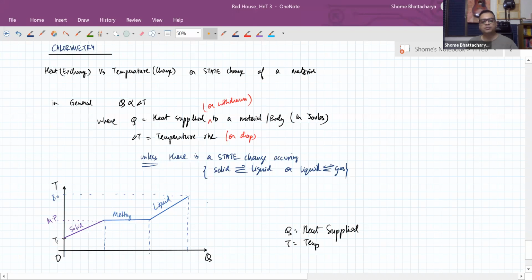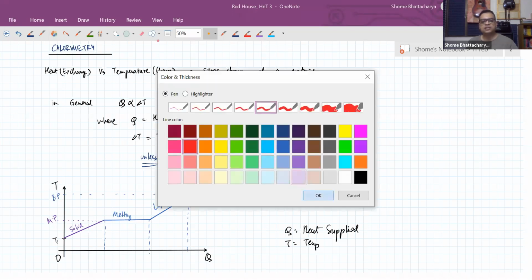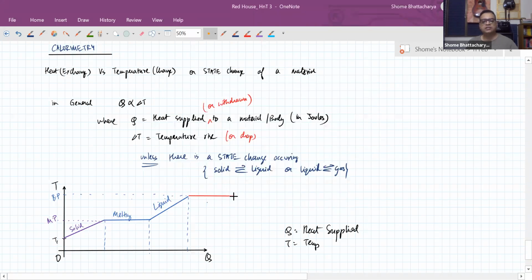Now the moment it reaches boiling point, any further heat supplied starts changing the liquid to vapor state or gaseous state. And once that process is over, again the temperature rises. So at this stage there is boiling occurring, and then the gas that we get as a result of this complete state change of the material from liquid to gaseous state. So the amount of gas that we get on doing that,